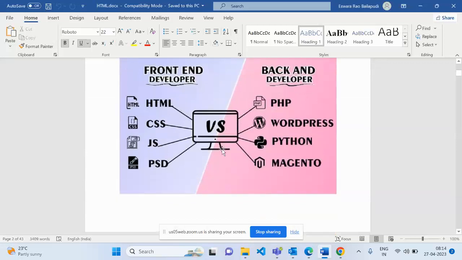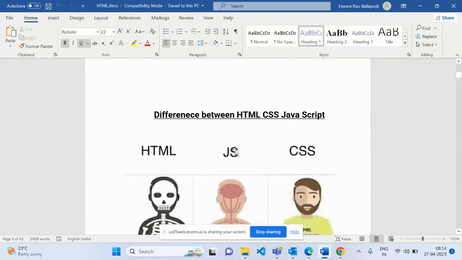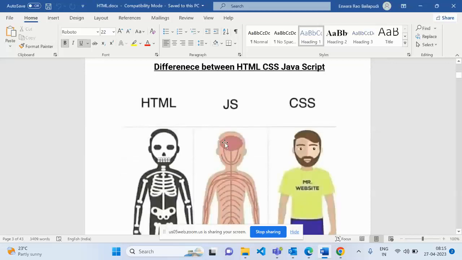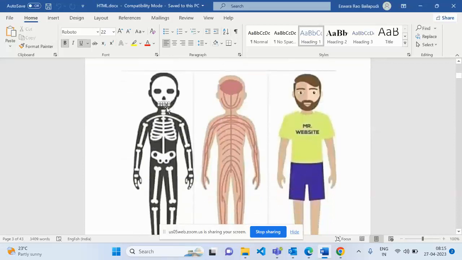What is front end development? To become a front end developer, you should learn HTML, JavaScript, and CSS. You should understand the basic difference between HTML, CSS, and JavaScript. What will HTML do? HTML will give the structure of the human. For example, here we have one image that's called a skeleton, right? This is called the structure of the human being.